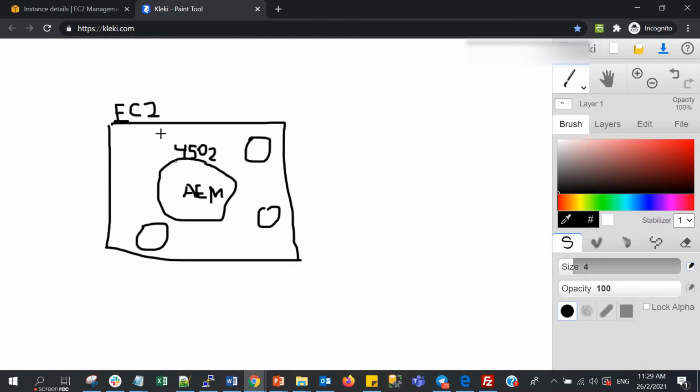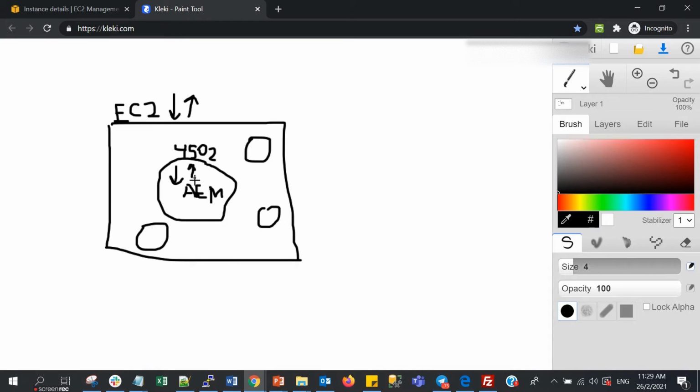Okay, but when we bring down the EC2, when we bring down the VM, AEM automatically will also be down. And when we start the EC2 again, then we need to manually bring up AEM.